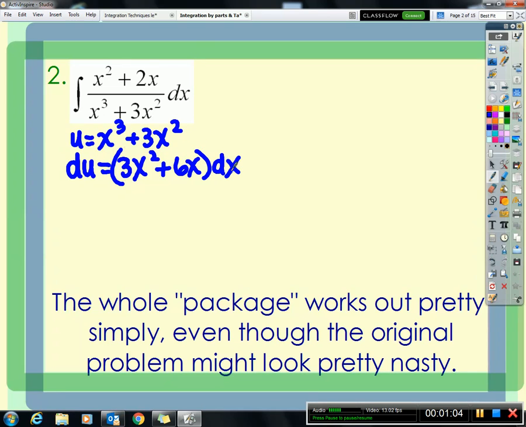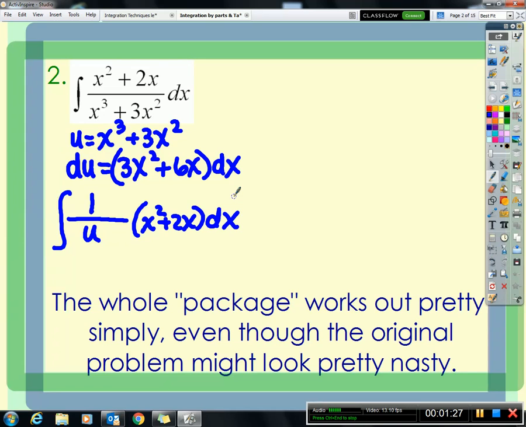So of course when I look at the original problem, I could say, well, let me write it as 1 over u times x squared plus 2x dx. You all are used to me breaking it into parts like this. And of course, we have to figure out, is there a way for me to rewrite the x squared plus 2x dx